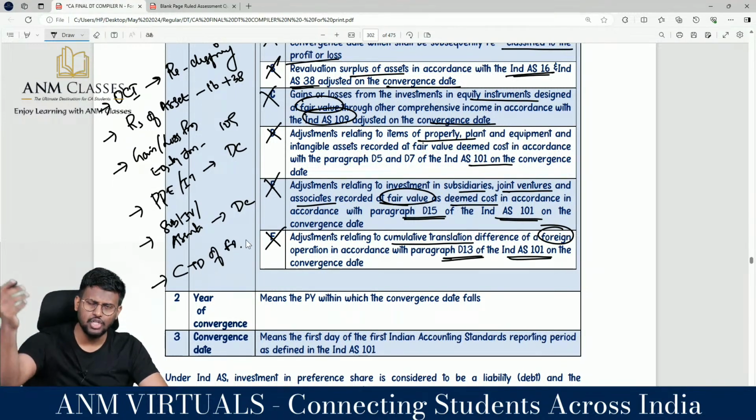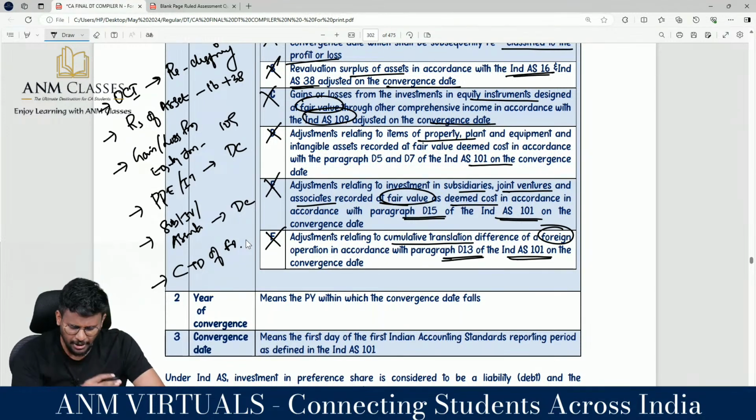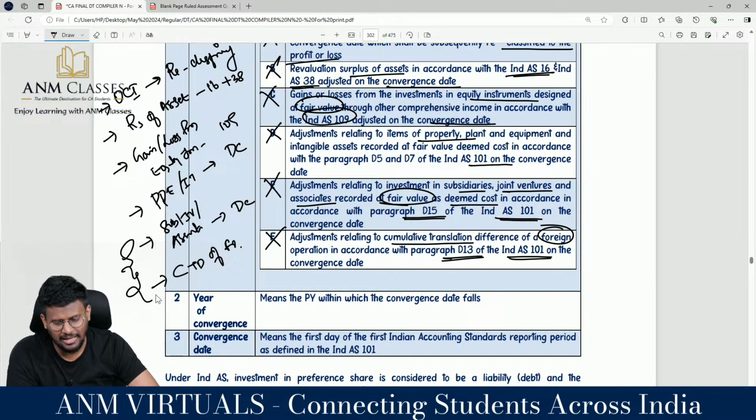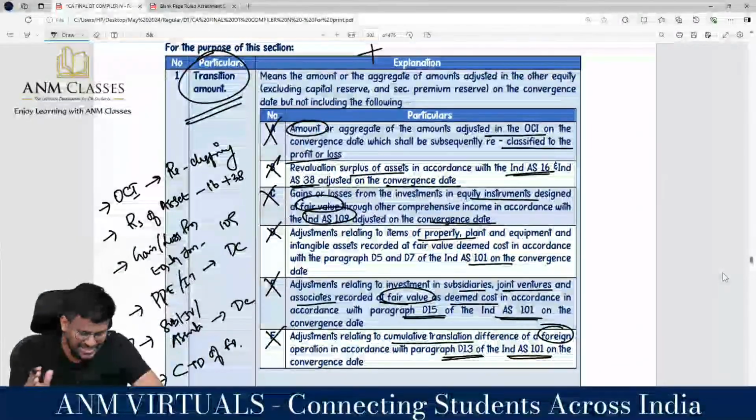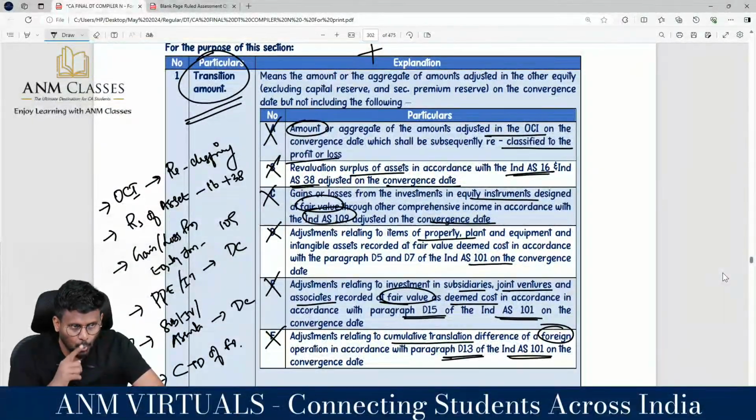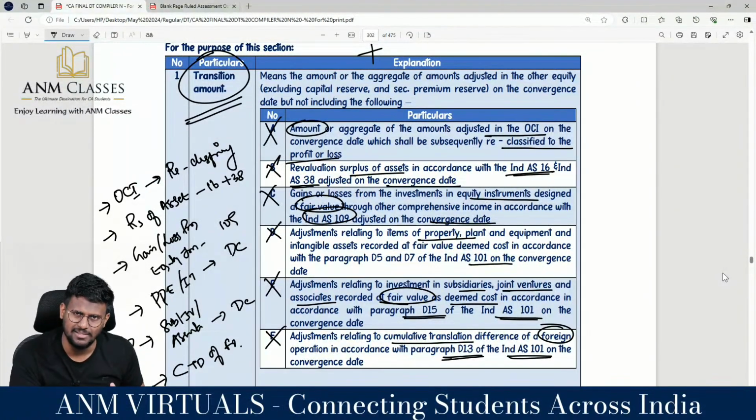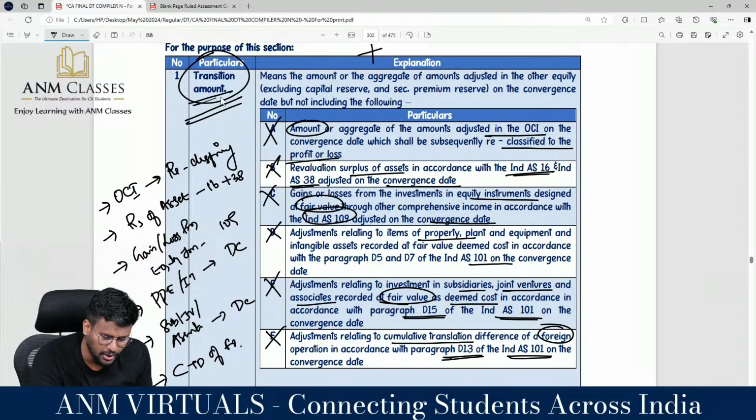I may have some branch outside India, a foreign operation. I may have a cumulative translation difference, sir, and as per Ind AS 101, that will not be treated as transitional amount. So, other than these 6 items, whatever adjustments you are making to bridge the AS and Ind AS, you will put in an account an amount called transition amount. And this transition amount will be adjusted in the other equity